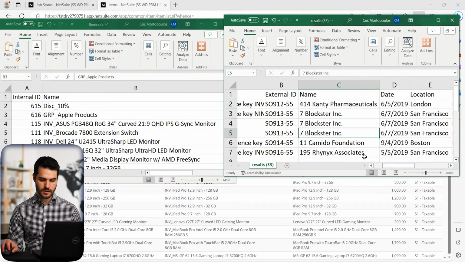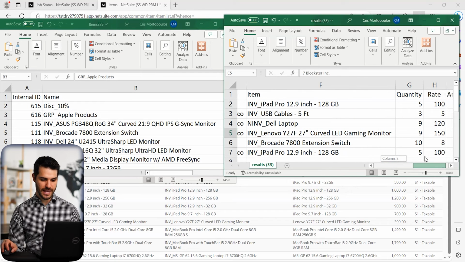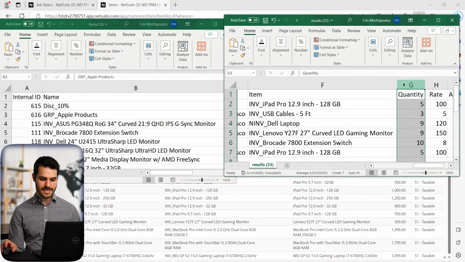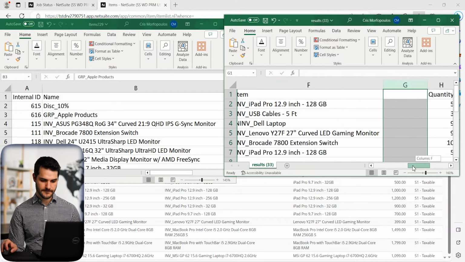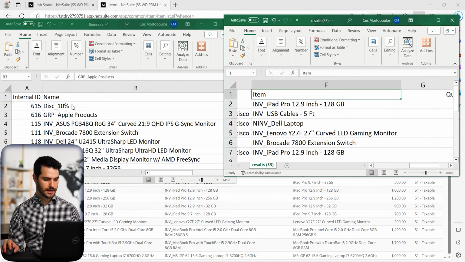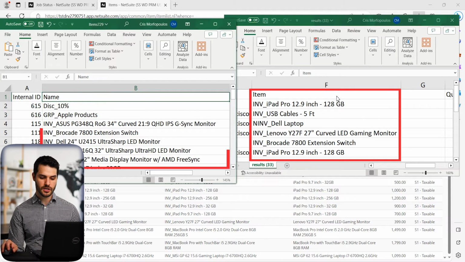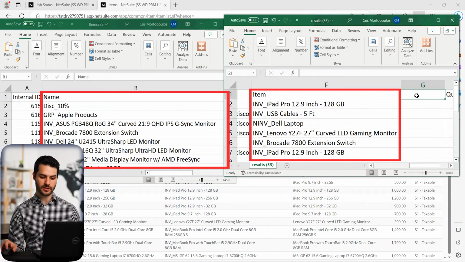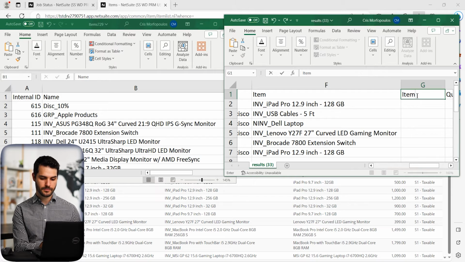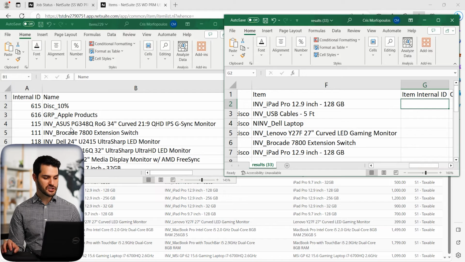Okay, if we go over to the right here, we have the item, and now let's add another field here. So we have item here, and this is the item name. This is the same item name over here. So what we're going to do is add another field, and we're going to call it item internal ID. Then the first thing we need to do on this side, because we're going to match these items to these items here,